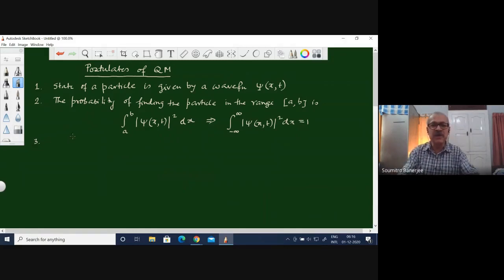It is actually a postulate in the sense that Schrodinger did not derive the Schrodinger equation. He guessed the kind of form that nature would follow, and he tested it by actually extracting meaningful predictions out of that and then testing that these are true. In fact, the predictions, the observations were already there. He just showed that the equation actually comes out with the same predictions. So this is a state. We are interested to know how it varies with time, and that is what the Schrodinger equation gives. The Schrodinger equation says this: